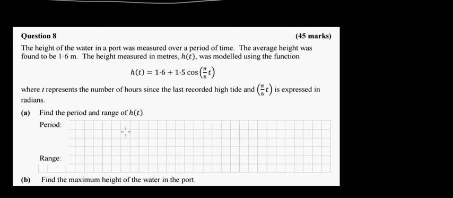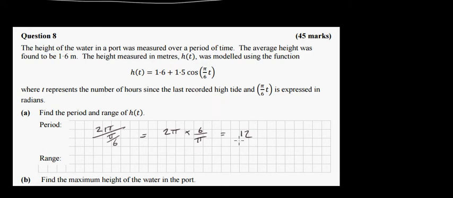So let's do that. Well, the period is just simply 2 pi divided by pi over 6. Whatever's in front of the variable here, t, that's what you divide 2 pi by. And that will give us 2 pi times 6 over pi. So that will just give us 12. So the period is 12, and the range then, okay, so your normal cos